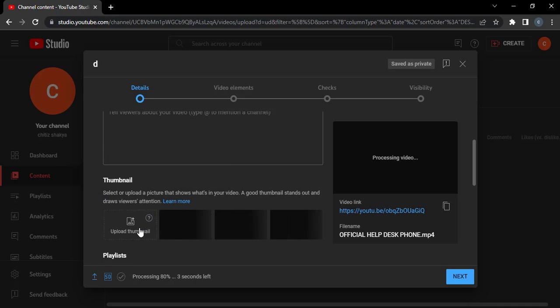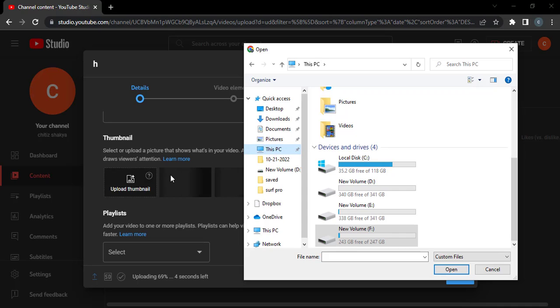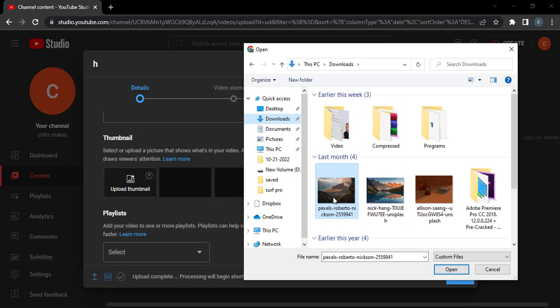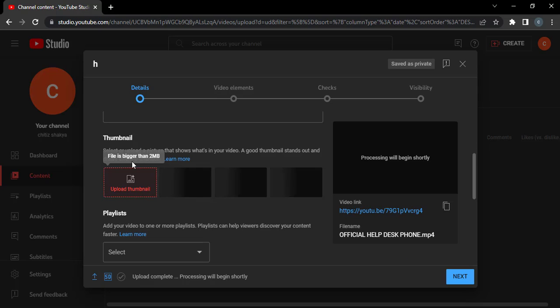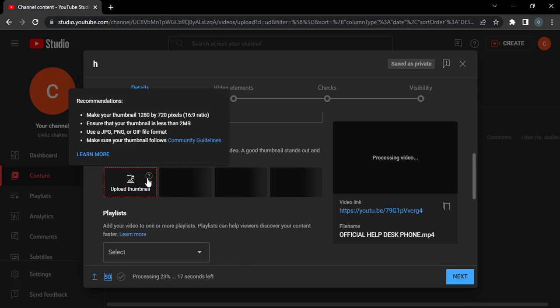You can simply select the thumbnail by clicking on upload thumbnail. After you click on upload thumbnail, you can upload the thumbnail that you created directly from your device. Select the thumbnail and then click open. The thumbnail should not be bigger than 2 MB, so make sure that you reduce the size before you